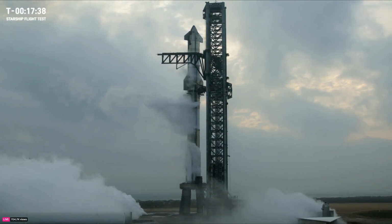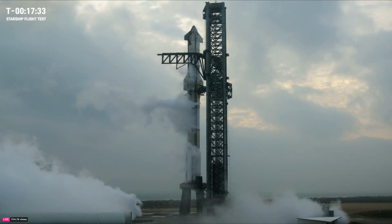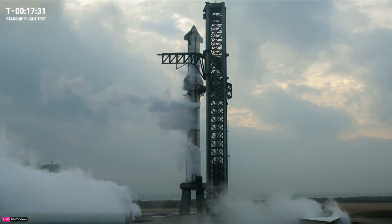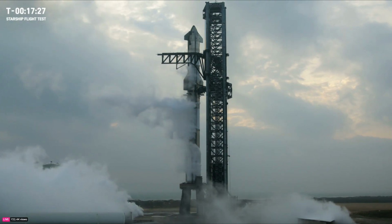So check back in with everybody in just a little bit. For now, though, I'm going to send it back to Kate and Shiva out at Hawthorne. Thanks, Dan. The countdown is continuing to progress, so let's take a closer look at the world's most powerful launch